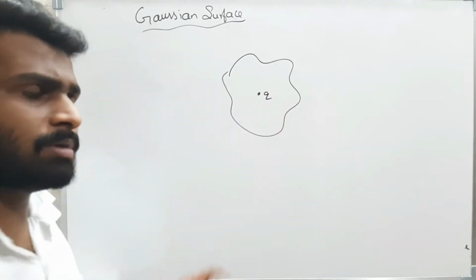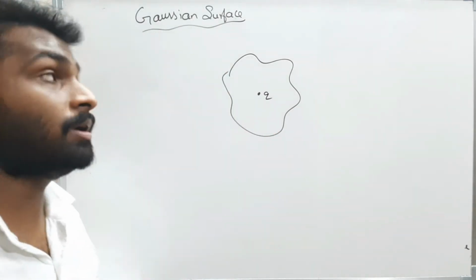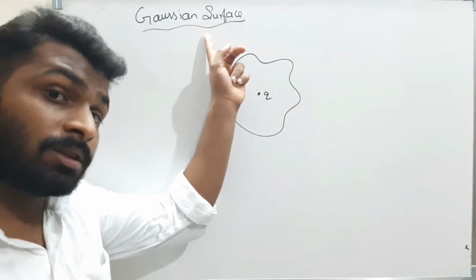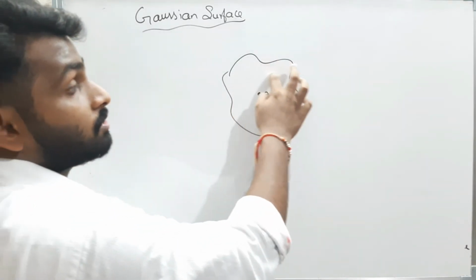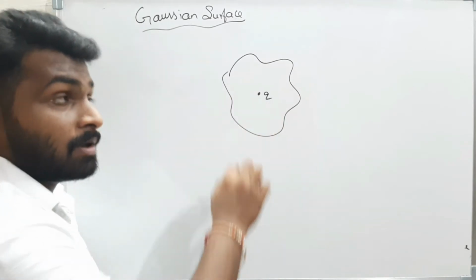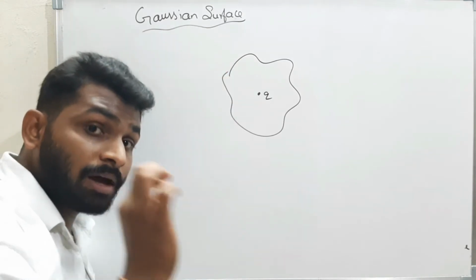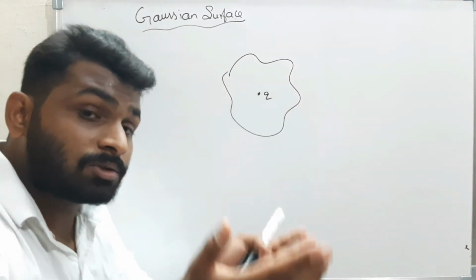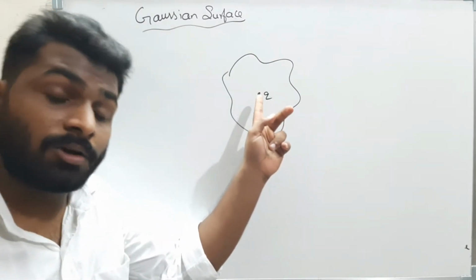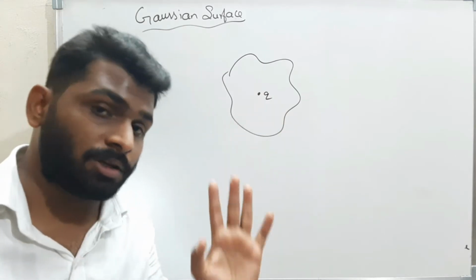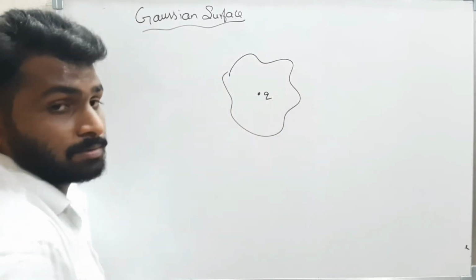It may be any charge. It may be a discrete charge, it may be a point charge, it may be a continuous charge. Always remember, it is an imaginary surface that should be chosen around a charge, and it should always be a closed surface. Again, a Gaussian surface is an imaginary closed surface chosen around a charge, and the charge may be a discrete charge, a continuous charge, a point charge, any charge. No problem. And there are a few rules to take this Gaussian surface.